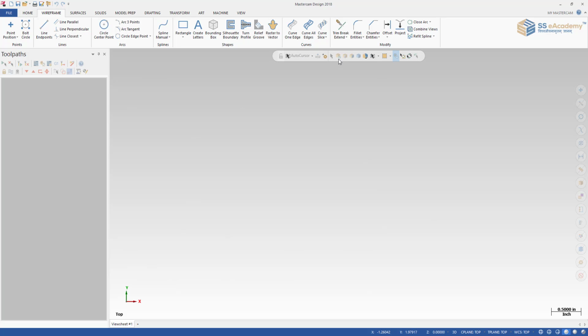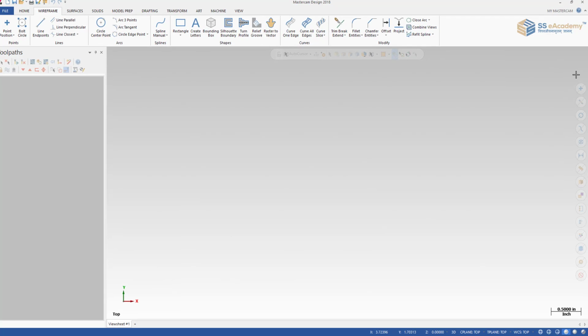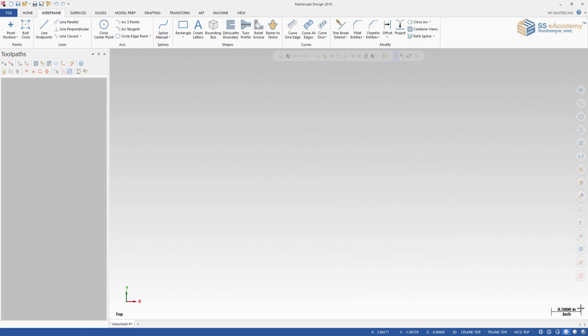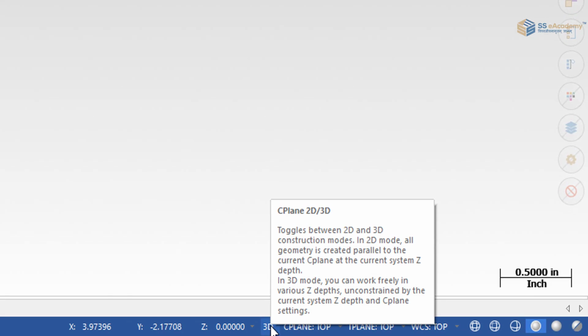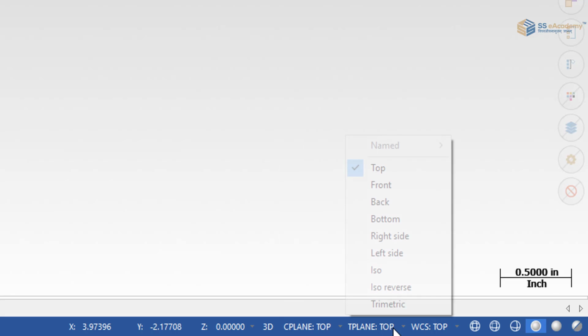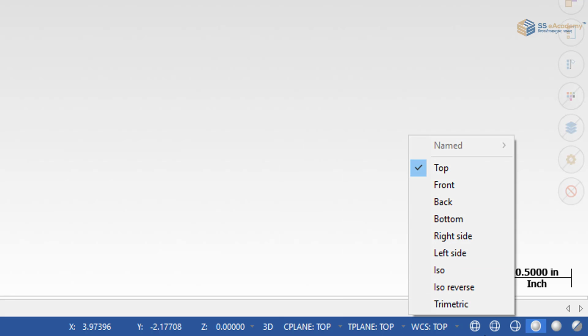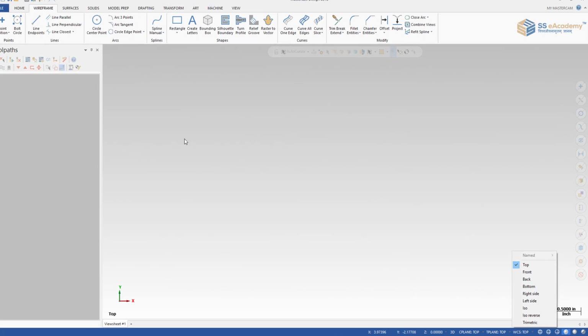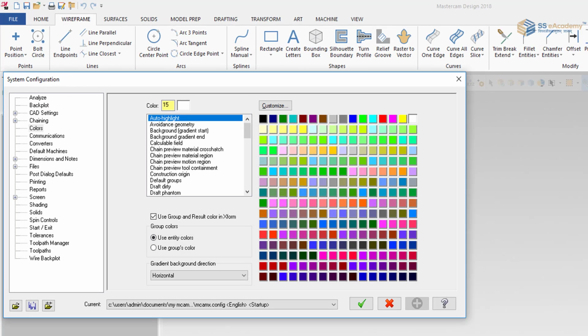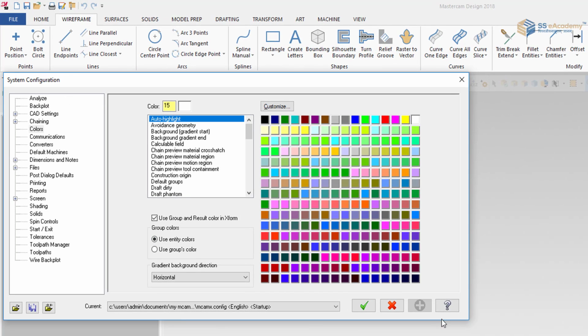These are the common options which you need during the sketch or generation of a part. Likewise, there is a side module which also shows various options related to required definitions. And at the bottom you can see there are various considerations that you can select directly from here as per your required definitions. Likewise, you can go to the file and select the configuration, where various configurations can be changed for the working window from over here.